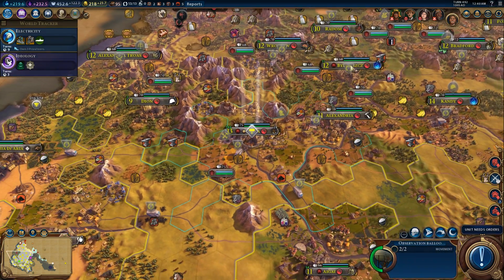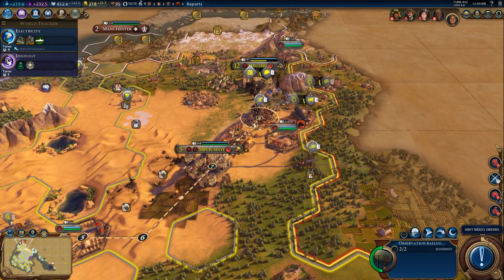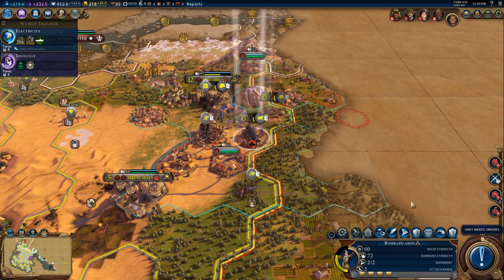Okie doke. So now our observation balloon is here. This thing is going to be devastating. So let's go ahead and move them up to back up our units nearby. I really cannot wait until I have enough money. So see, what's happening? When we...